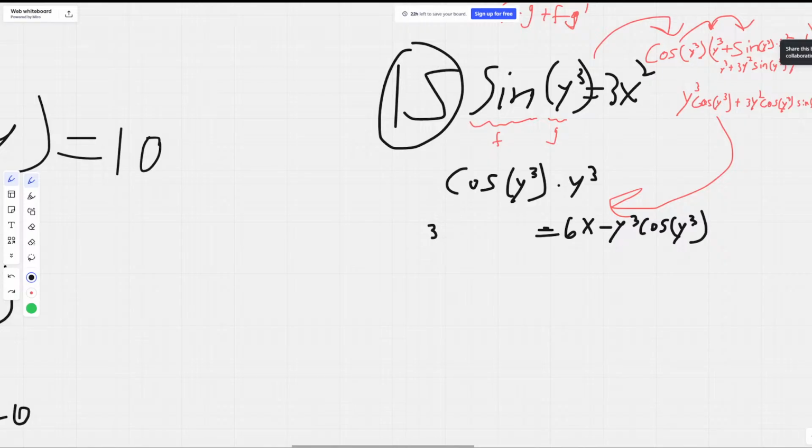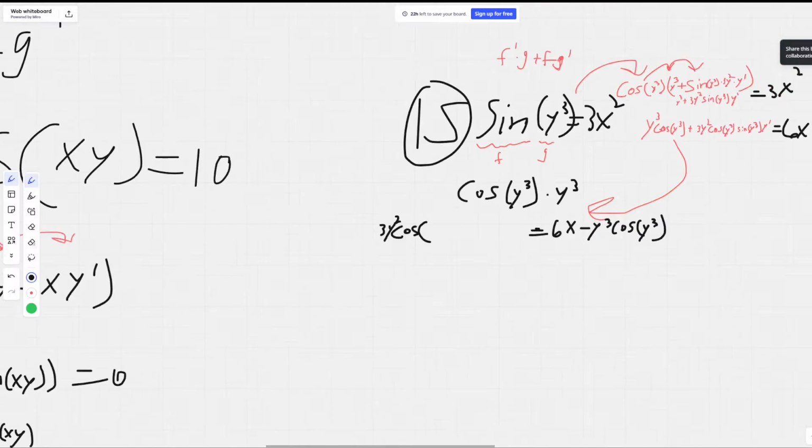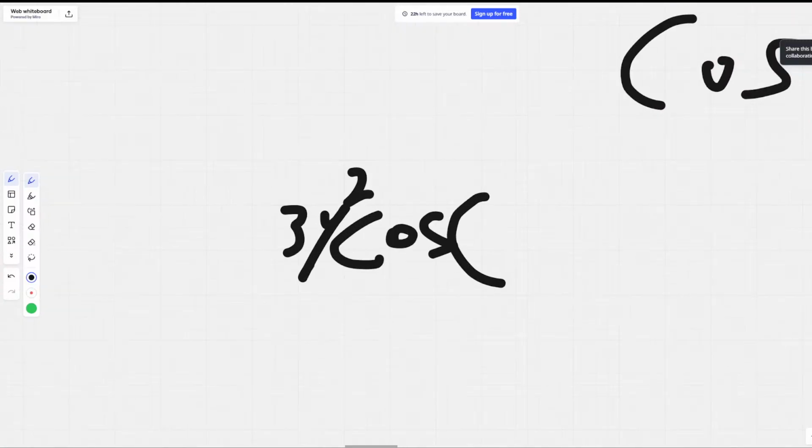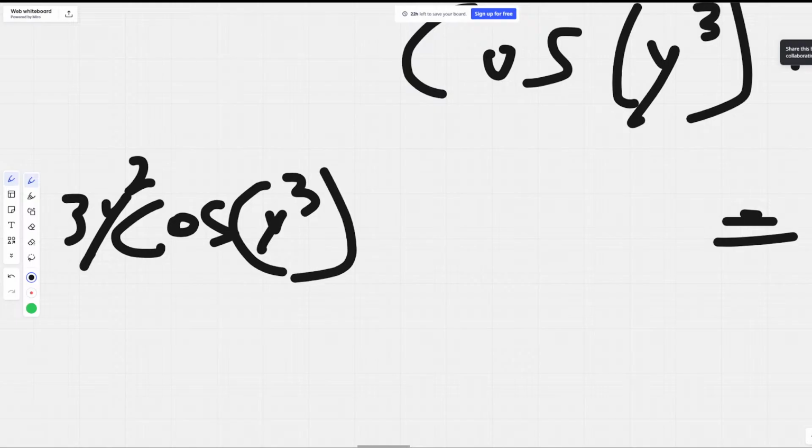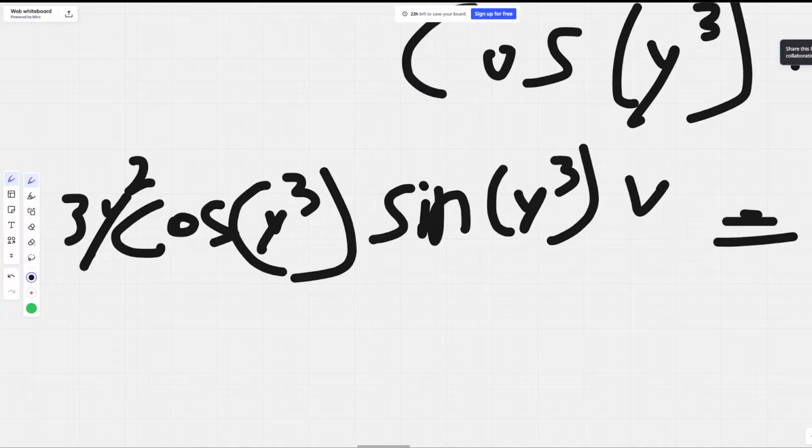I don't know if I have enough space if I start that close. 3y squared cosine cubed times sine y cubed times y prime,